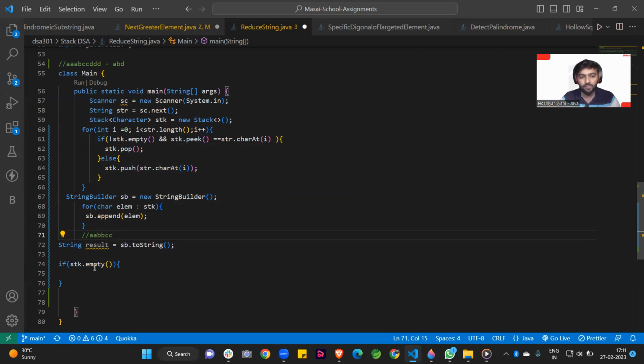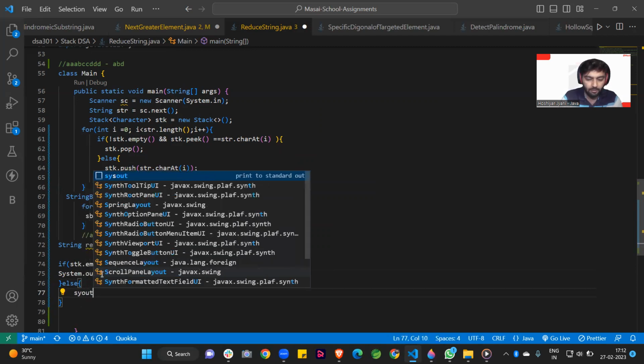This is a different situation, and we check if the stack is empty at the end. So I simply write System.out.println and print an empty string.